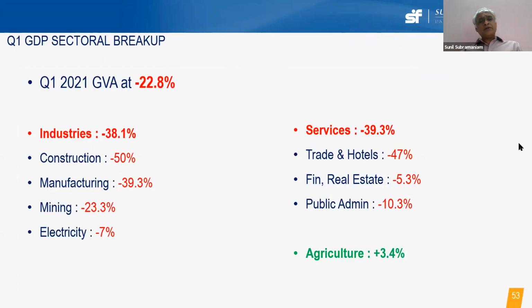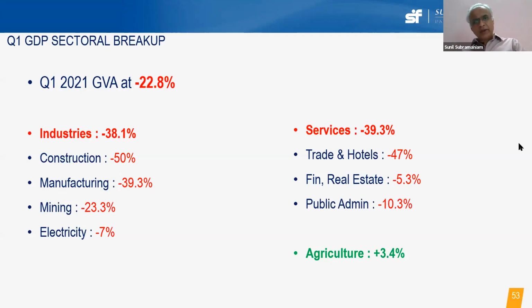Right. Now, I mentioned there are two ways of looking at the GDP. The other way of looking at GDP is which sectors are contributing. So, I have industries, services, and agriculture as the three main sectors. And in gross value added terms, the 24% negative GDP growth was a 23% gross value added growth drop. You can see that industries and services equally contributed to the decline, whereas agriculture has been a marginal